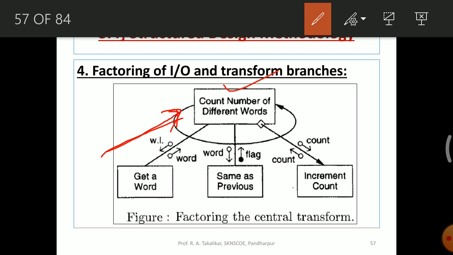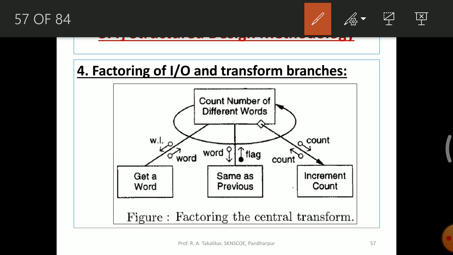For that, we have to perform some match checking, which is done by the same as previous module. So it receives a word as input and sends a flag as output. Depending on the flag value, this module will understand whether the word sent for checking has already been counted or not, and it will decide whether to count this word or not.